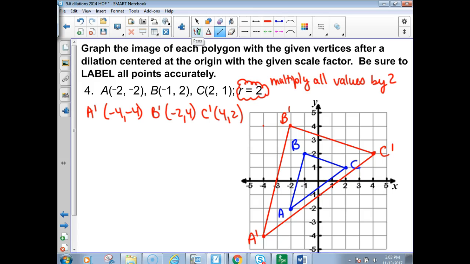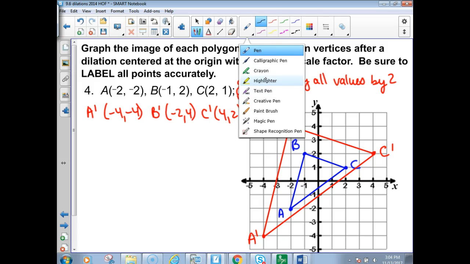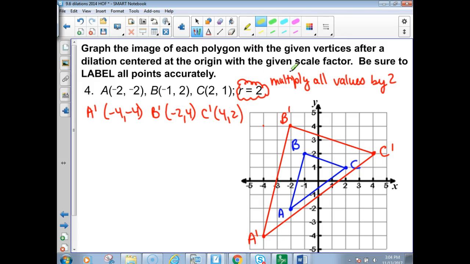So you know how we connected those lines before? Our center of dilation for these problems, I'm going to highlight it. I'll show you what I'm talking about. Our center of dilation for these problems is the origin. If you wanted to connect B through B and B prime, it would go from the origin, through the origin. So it's going out from the origin. Any of these are on any line that connects the origin. Okay, so that's how we're dilating it. You do not have to make those lines, although,